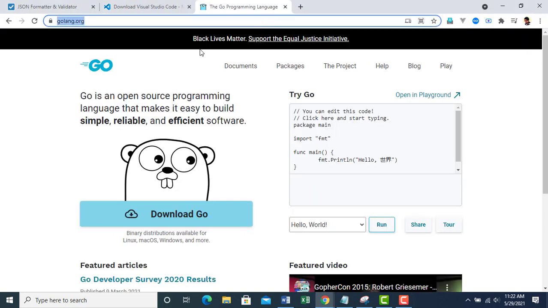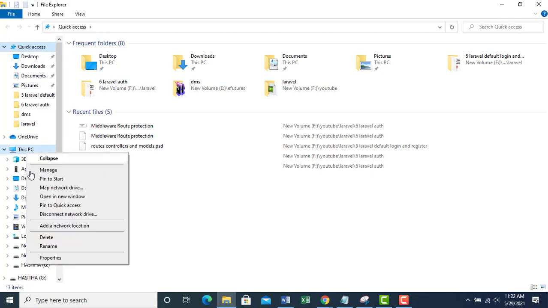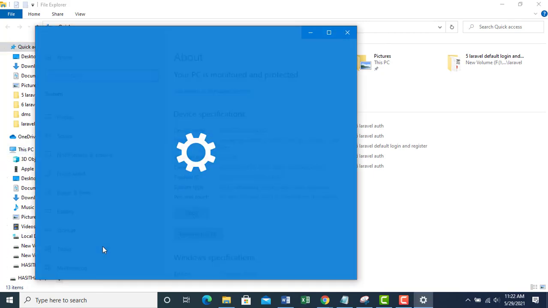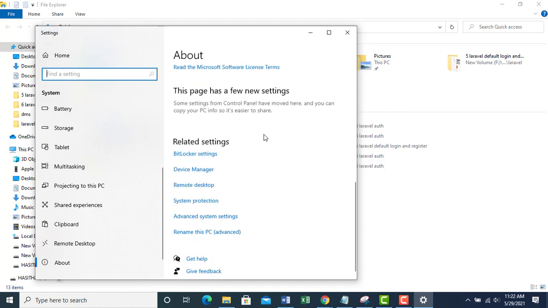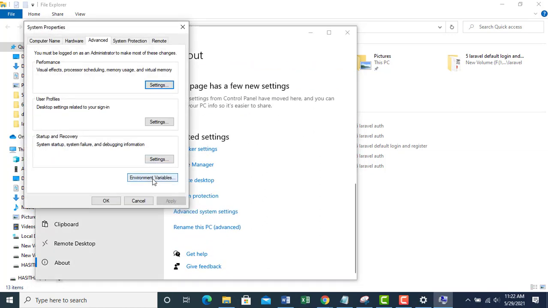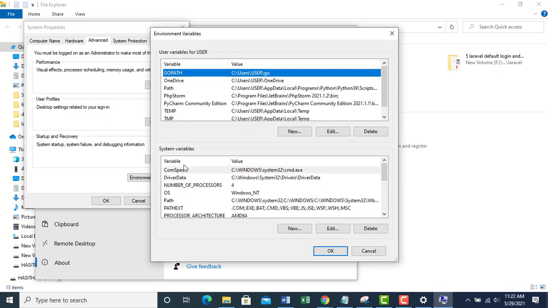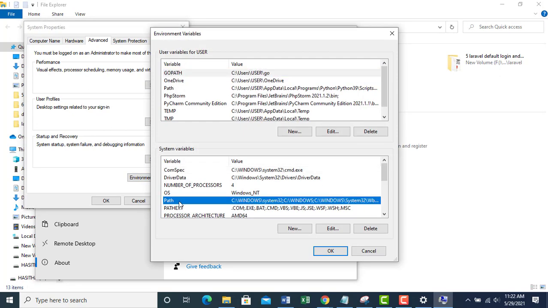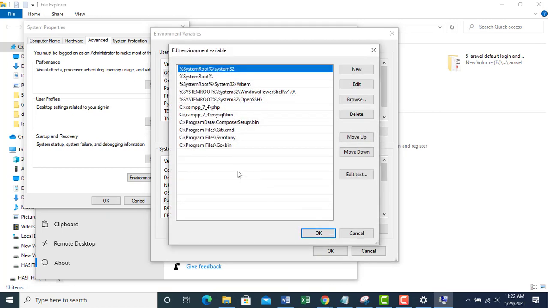Using this link, which I will also provide in the description, you can download the Go programming language. After you download Go, you can go to This PC properties, advanced system settings, then environment variables, then Go path and edit.